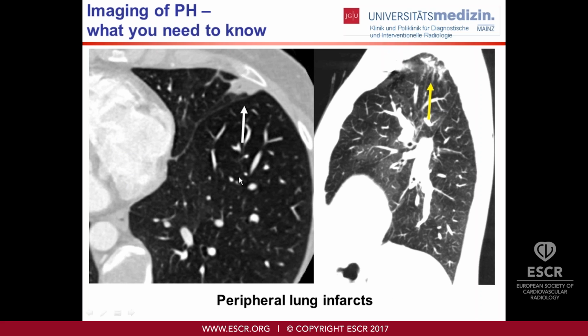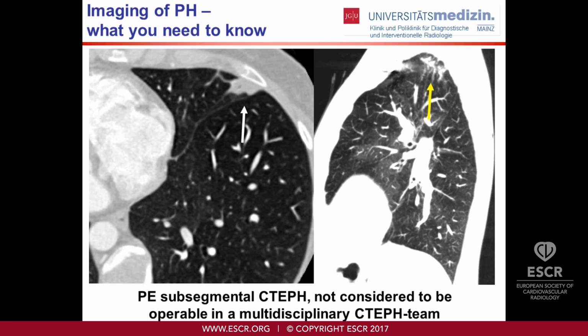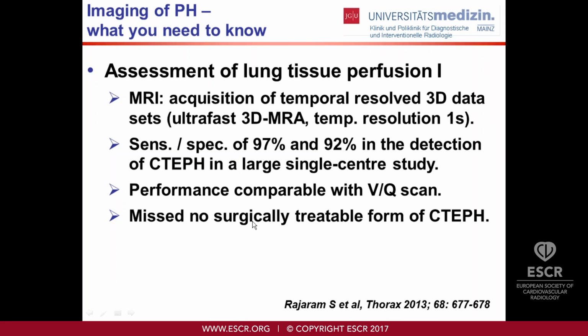Coming to the assessment of lung tissue perfusion, you have two imaging modalities available. The first is certainly MR. We now have available acquisitions with a temporal resolution of around 1 second, so you can acquire a 3D data set every 1 second at the expense of your spatial resolution, but to assess wedge-shaped perfusion defects, this is completely sufficient,